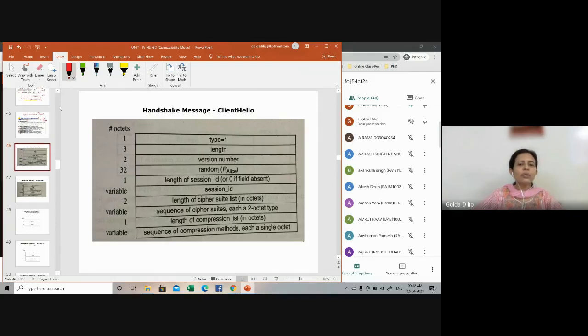Along with this, you have an optional session ID also. It is not mentioned here. Yeah, it's here, send session ID. This is actually optional, in case you want to resume the session. We discussed session resumption. I gave you an example with Alice and Bob and told you about session resumption. The session ID is used in that case.